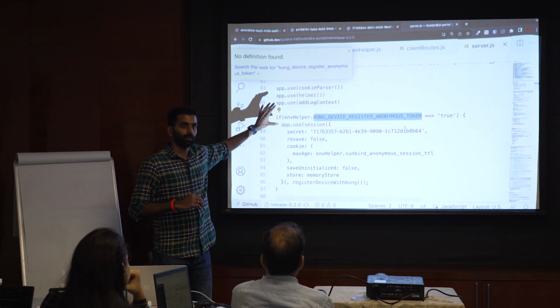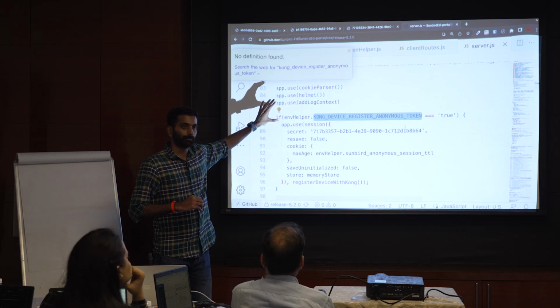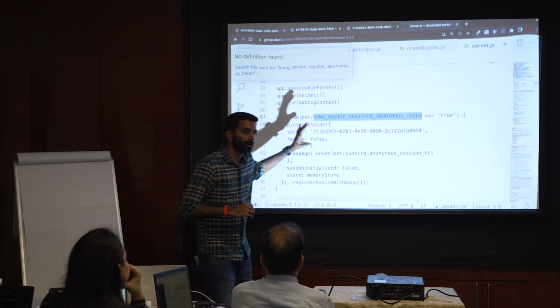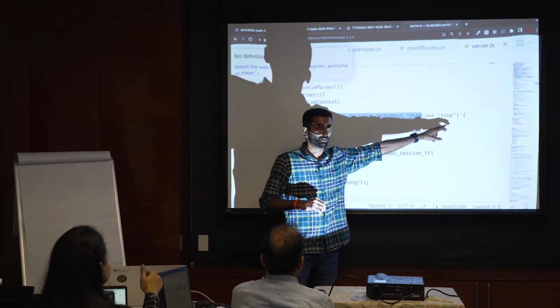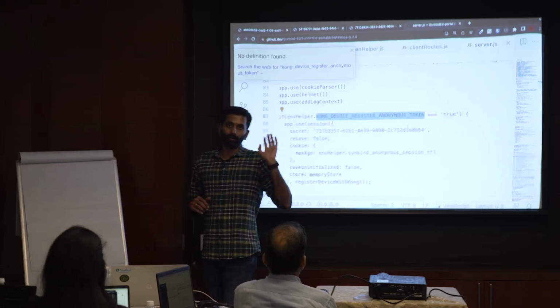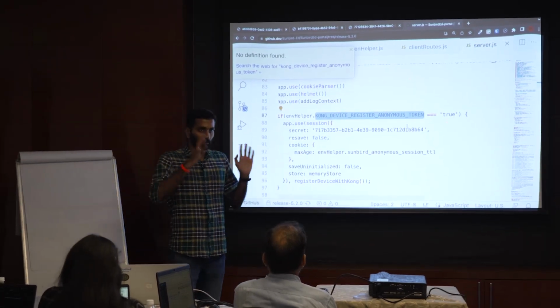Any questions so far? By default, the user will be anonymous. By default it will be true. If you look at the DevOps folder environment variable file,